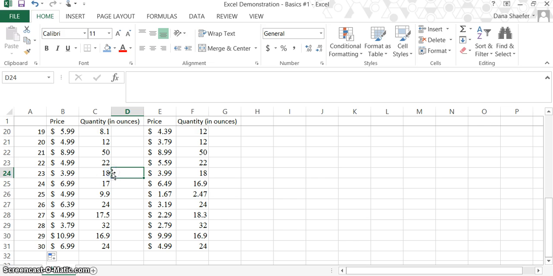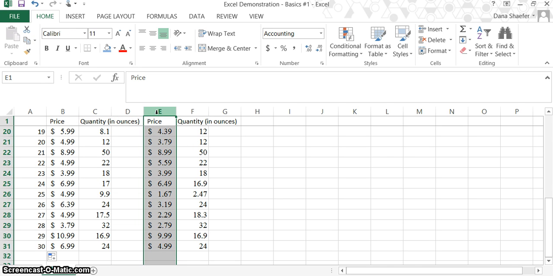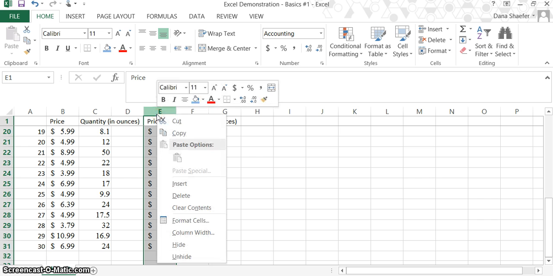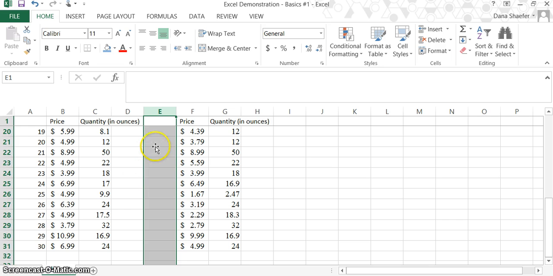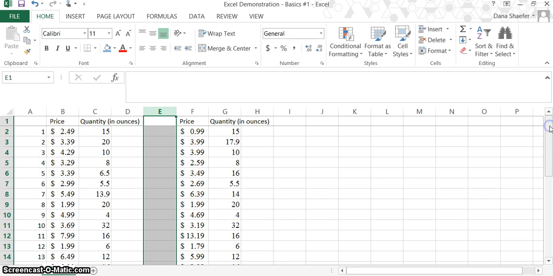$3.99 for 18 ounces. I'm going to do the same thing over here for my second store. I'm going to click on my column E. I'm going to right click, and I'm going to pick insert again. So it's going to insert a column in there. I'm going to go back up to the top, and I'm going to put a 1 next to that one. So the first one that's 99 cents, I'm going to put a 1, and then I'm going to show Excel what the pattern is. So I'm going to put a 2 in the next location, and I'll highlight the 1